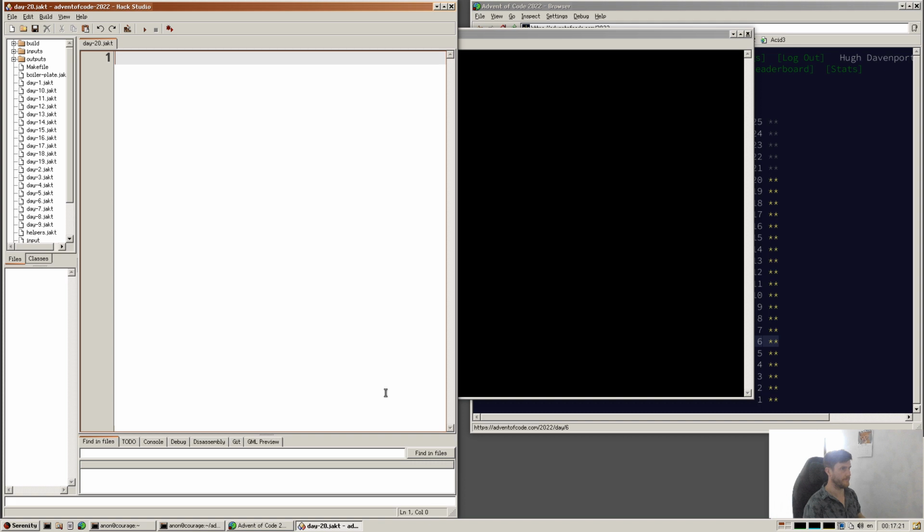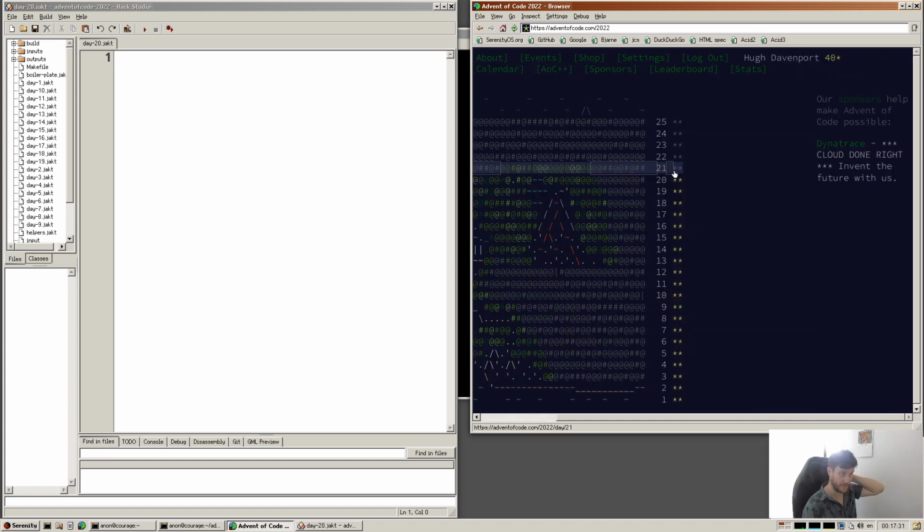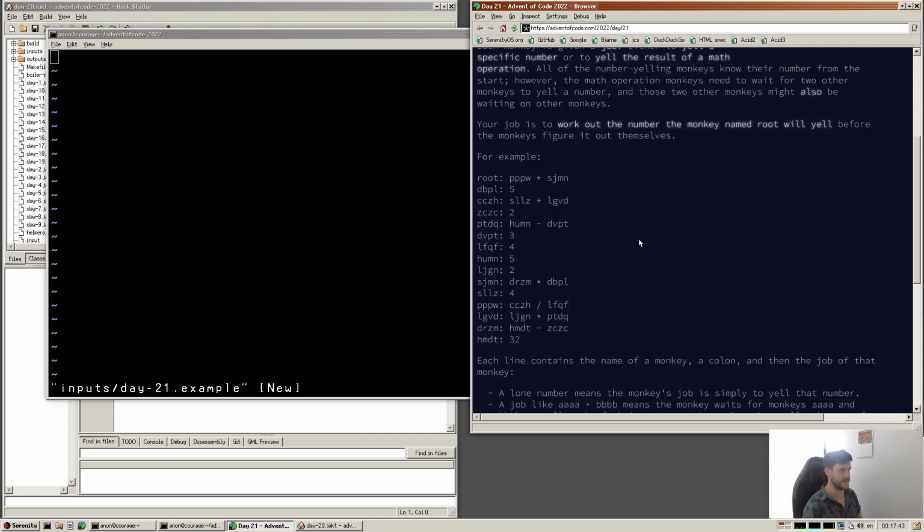Welcome back to Advent of Code, running on SerenityOS using the Jakt programming language. We're on day 21 now, so we can go new day 21. And that should get us some things. This example is kind of long, but